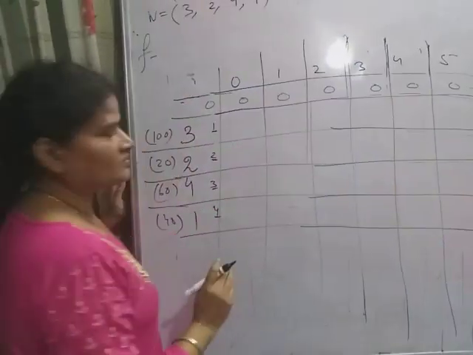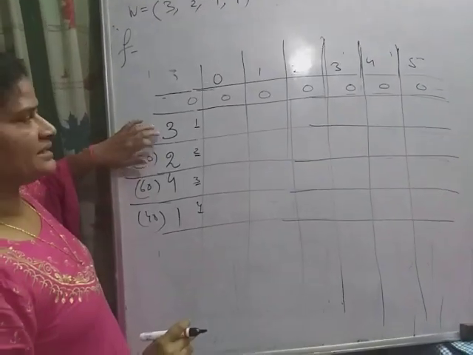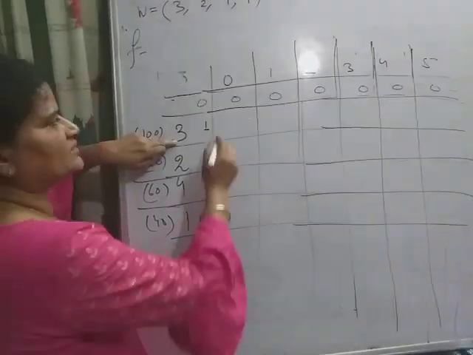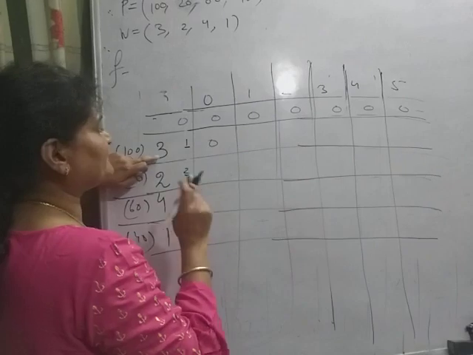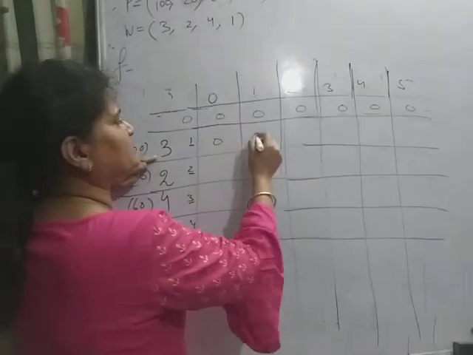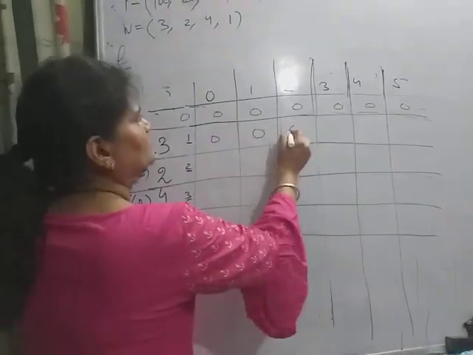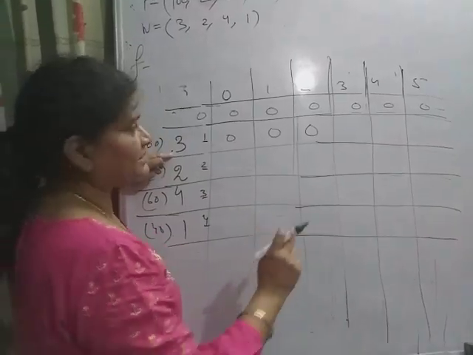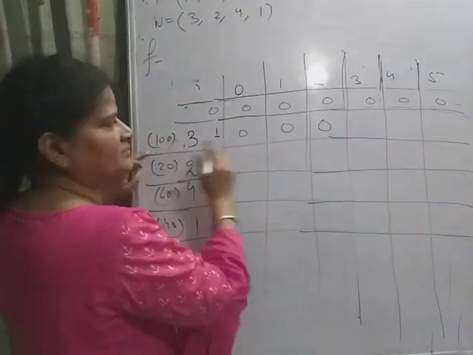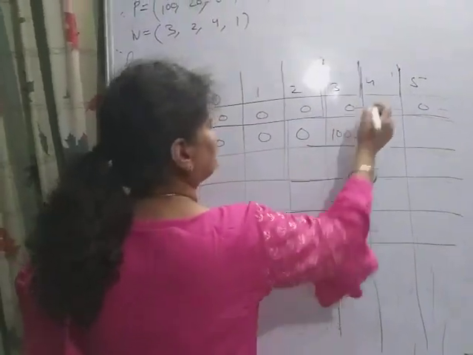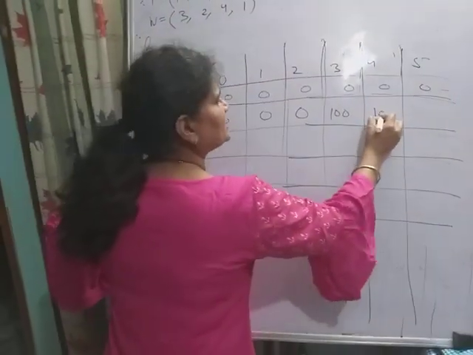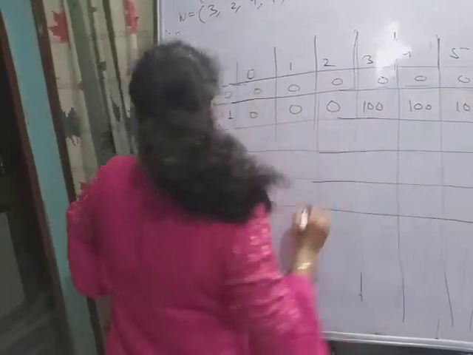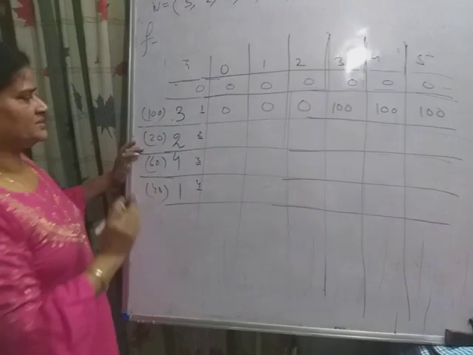Now here the weight is 3 and the capacity is 0, so this object cannot be included. If the weight is excluded, then the previous entry is copied. Now at capacity 3, 3 minus 3 is 0, so 100 profit is earned. The same, because there is only one object: 100, 100, 100. Now come to the second object, the second row.